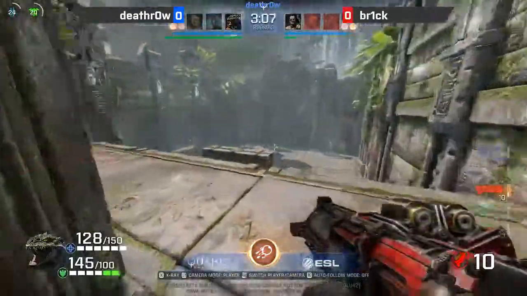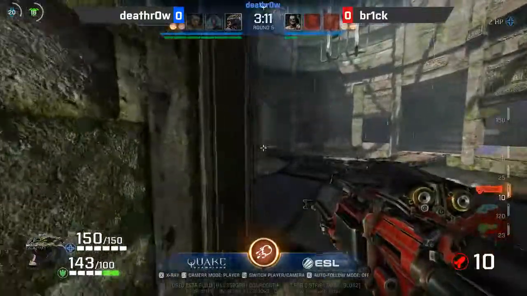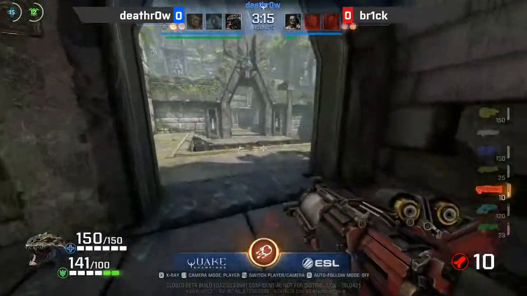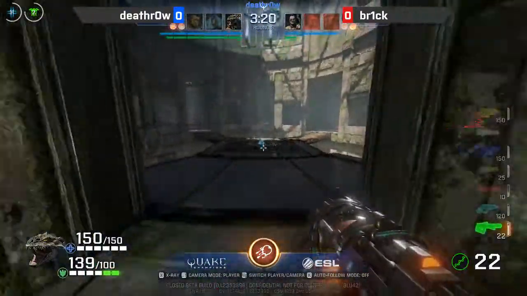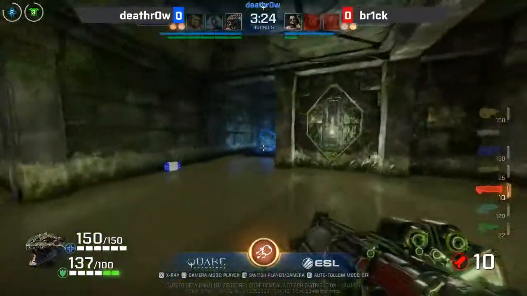Missing sound cues. He should have known he was there underneath that jump pad. Both of them actually should have known they were in close proximity to each other, so they have some work to do in that department. Like I said, their map awareness in terms of tracking their opponents is definitely lacking. They're going to struggle. Whoever wins is going to struggle as they move forward in the tournament. Yeah, deathr0w